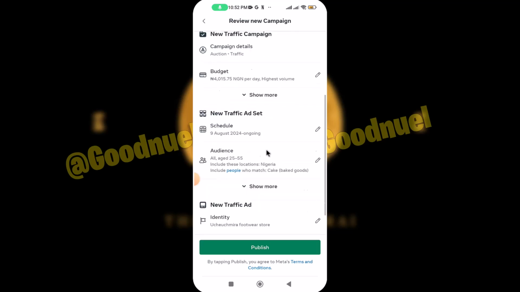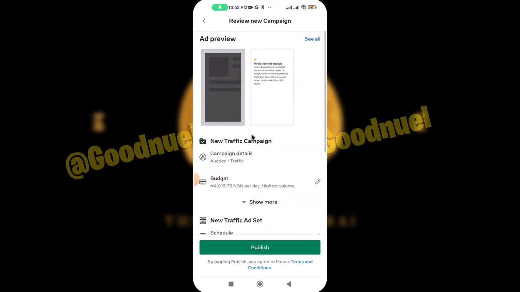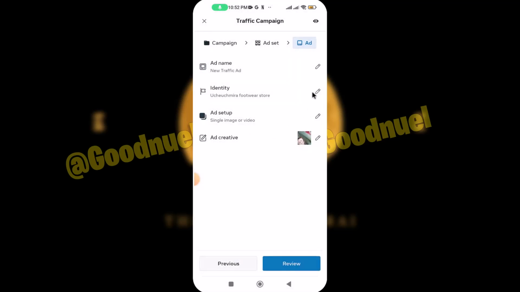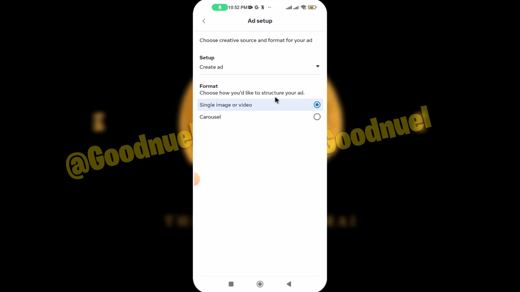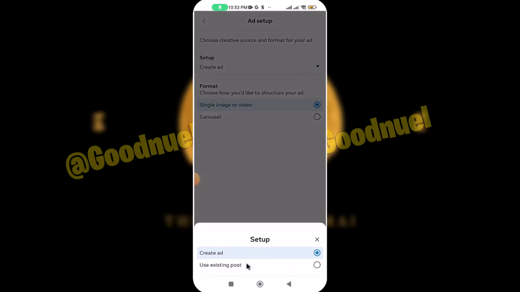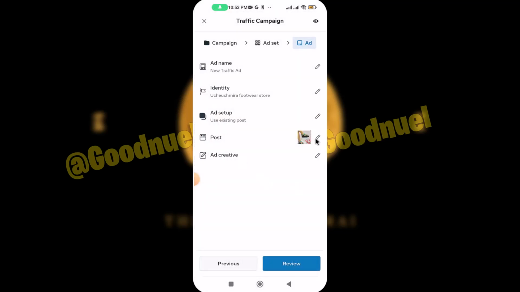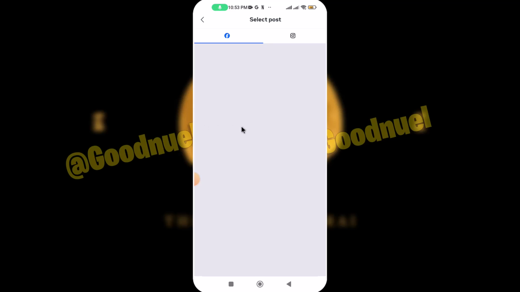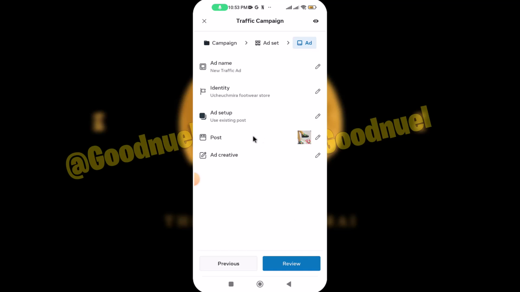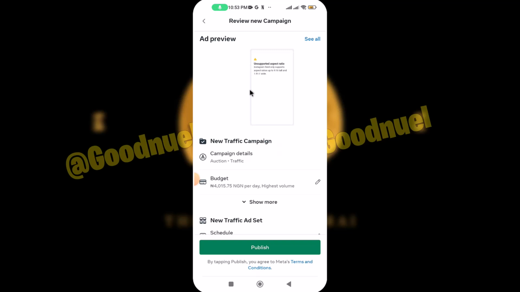ad will look like. But remember, we did not select any adverts, so as you can see, media not wide enough. So let me just go back, and then I want to come here, the ad setup, and I want to use an existing post, and I go back again, I come here, I can select the posts. So the posts are still not coming up, so I'm just going to use the one that is selected already. So I can now come to review, and then you can see this is what our advert is going to